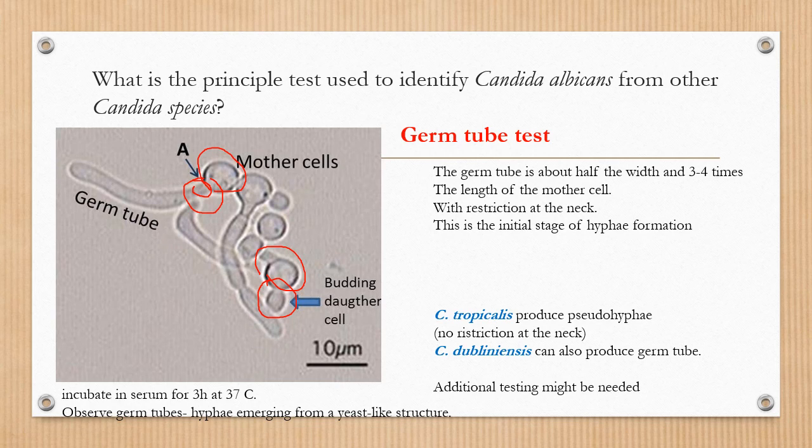However, we have to bear in mind that sometimes there are some species of Candida that produce this germ tube with its restriction, and we call it Candida dubliniensis. So we have a long list of species actually. So at this level, we need to do additional tests to confirm that this is Candida albicans, and luckily in the laboratory we have an automated system, which we call Phoenix, and also we have MALDI-TOF, which will tell you that this is Candida albicans at the species level.